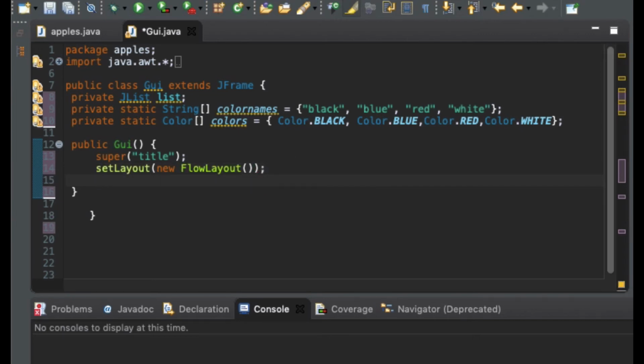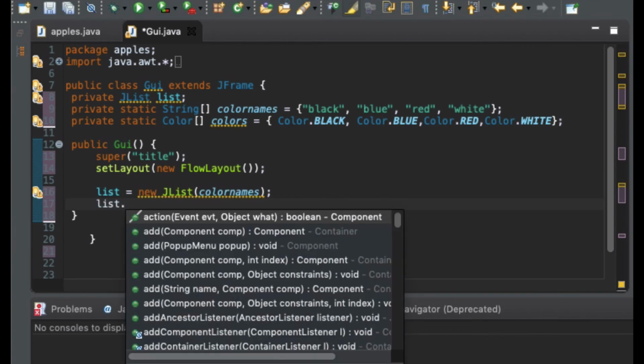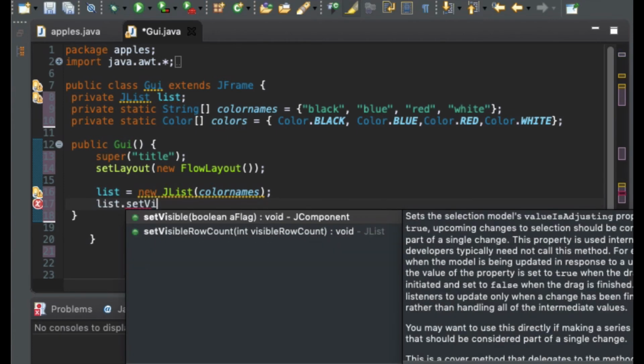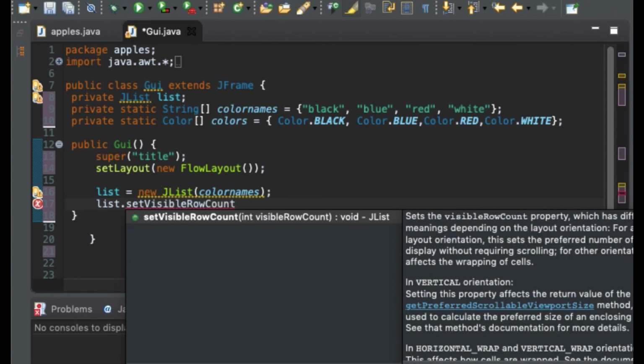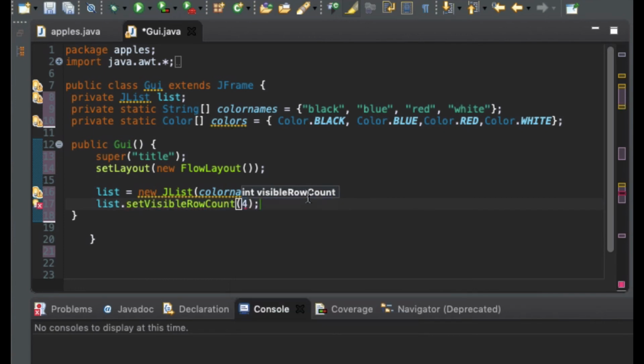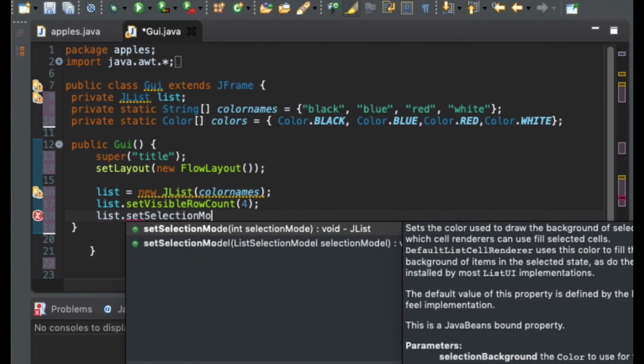Then we put the list equal to new JList with colorNames, and then list.setVisibleRowCount(4), and the next thing is list.setSelectionMode,